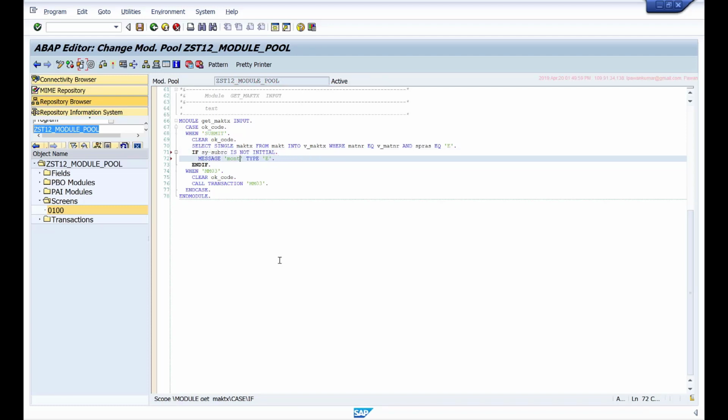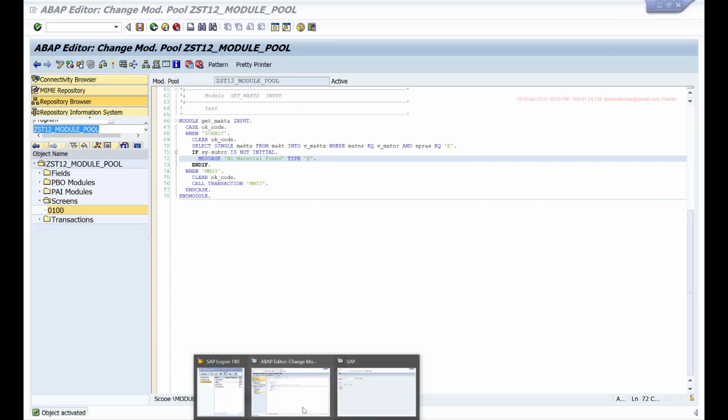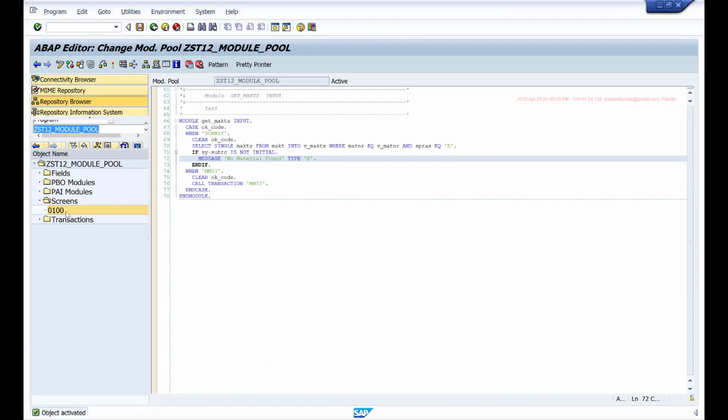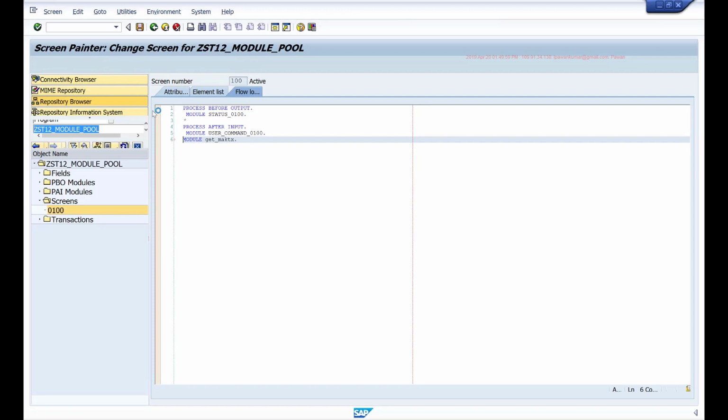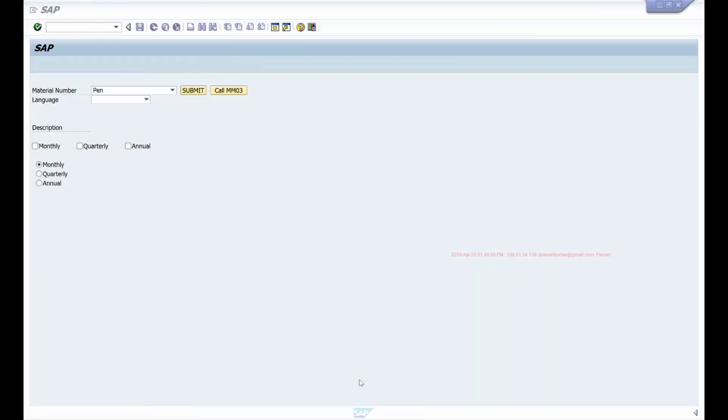I'll say no material found, and I won't use this field statement. So I'll directly throw an error message in a module which is not using this field statement. This is a generic module. Basically, we are not defining this module for any particular field. In that generic module, I am throwing one error message.